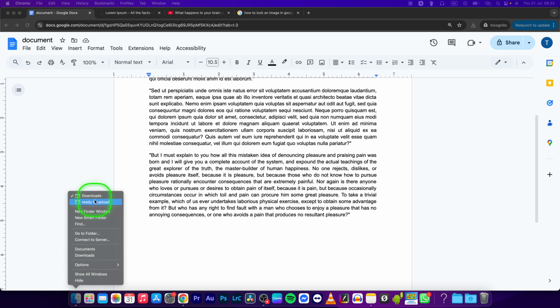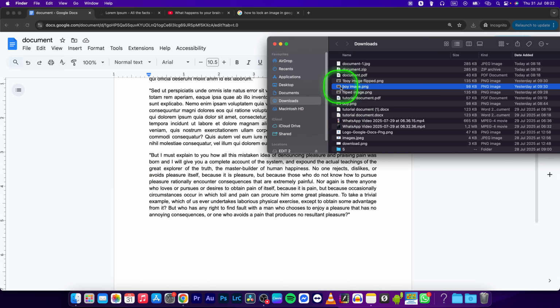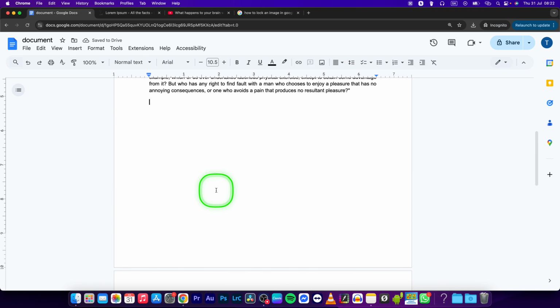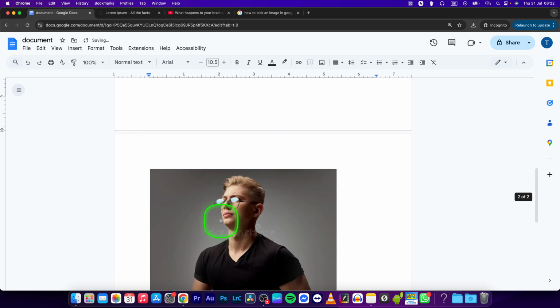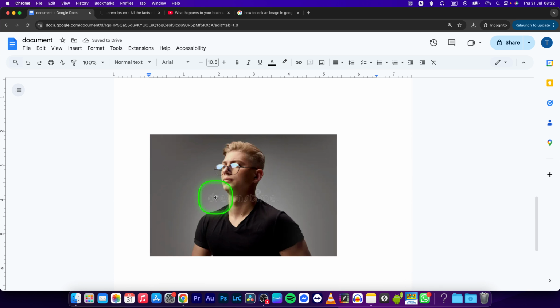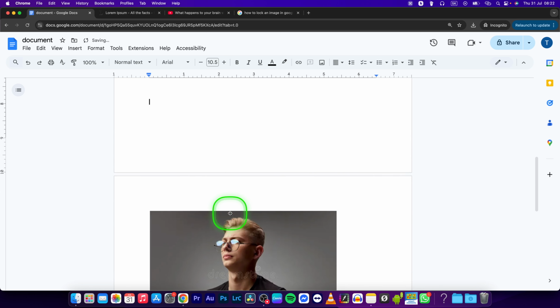First, open up your Finder and then insert your image. Now as you can see, as I add text or spaces, this image will be moving, and I don't want this image to be moving. So I will go back,